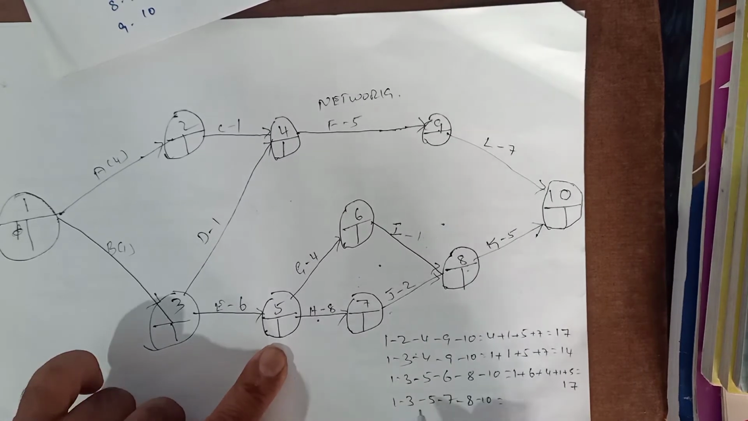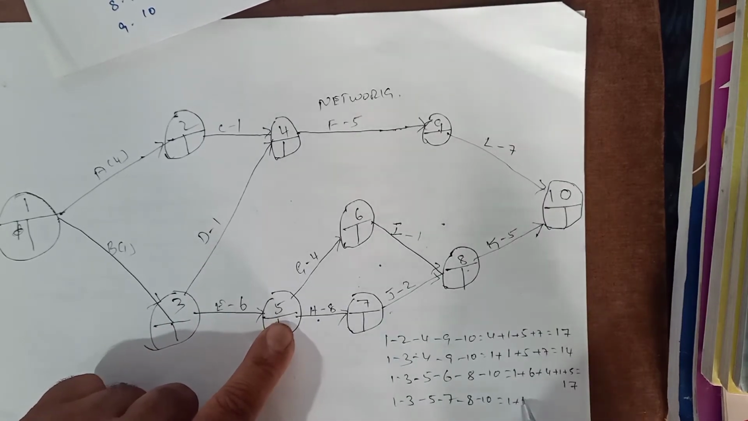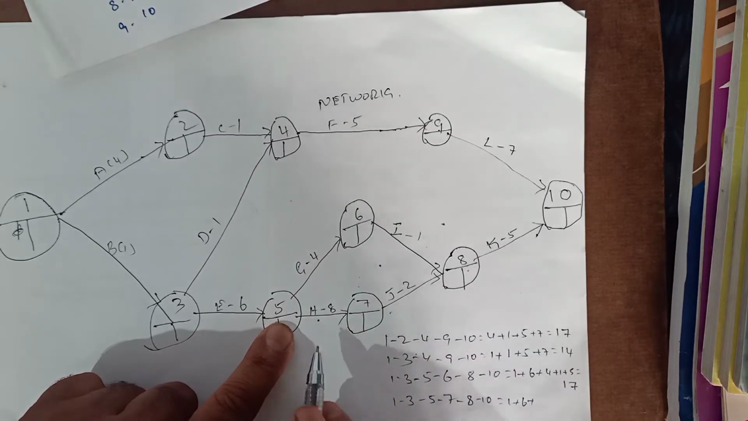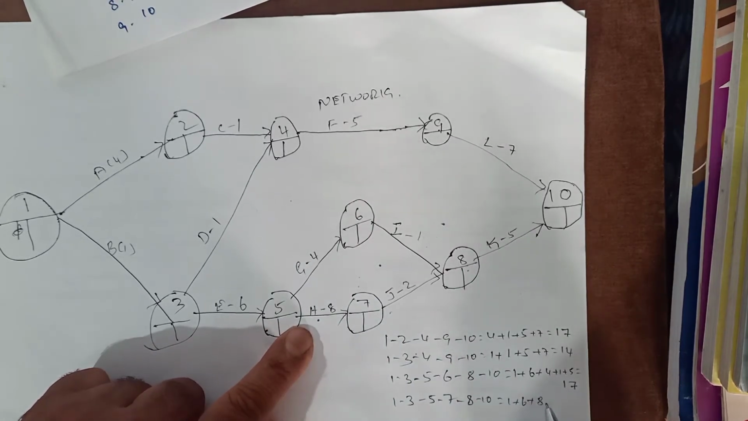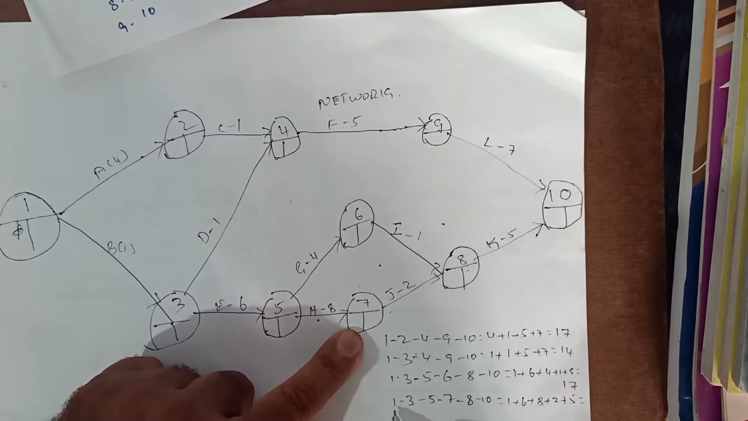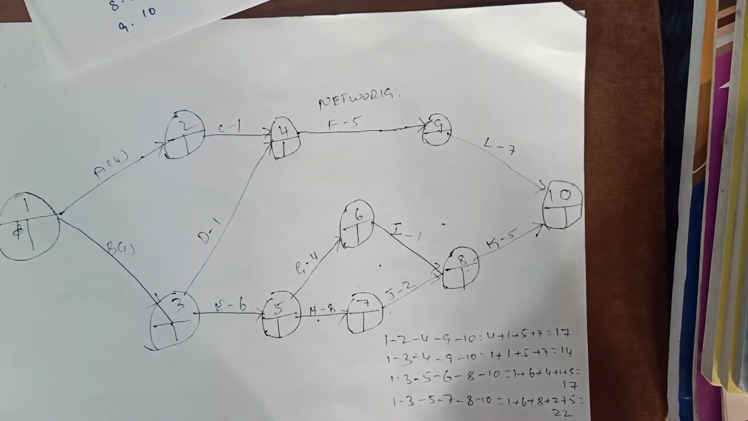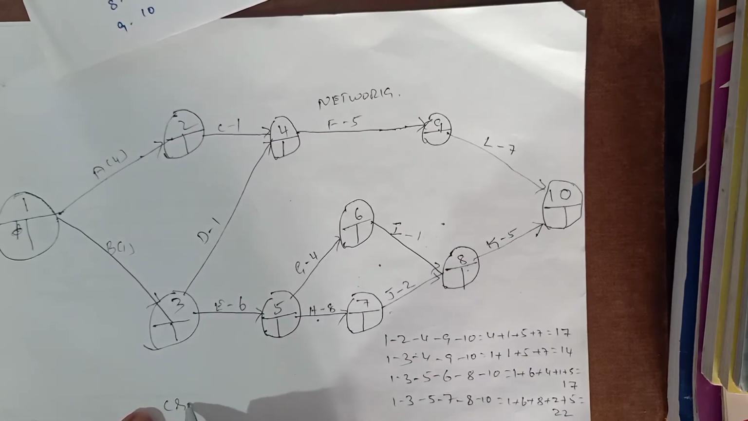That equals 1 to 3 is equal to 1, 3 to 5 is equal to 6, plus 5 to 7 is equal to 8, plus 7 to 8 is equal to 2, plus 8 to 10 is equal to 5. So 1 plus 6, 7; 7 plus 8, 15; 15 plus 2, 17; 17 plus 5 is equal to 22. So the critical path